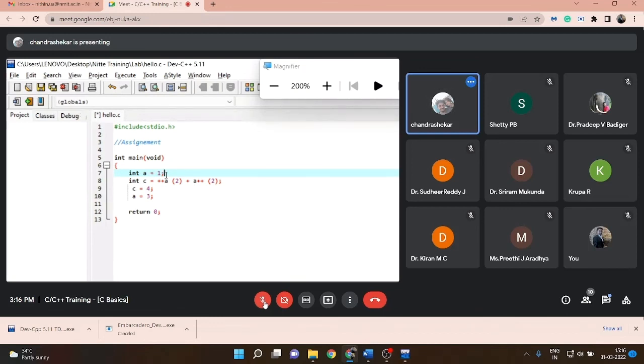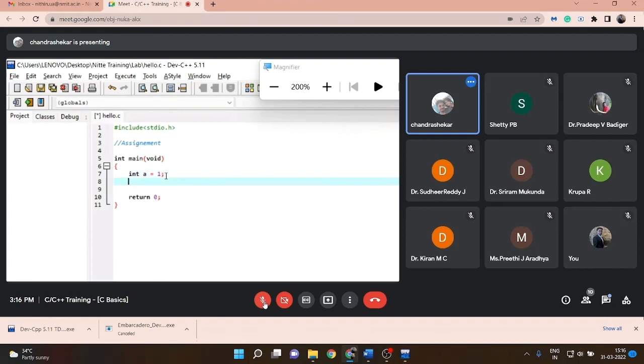This is the simplest assignment operator. For example, consider a statement: I want to write a is equal to a plus